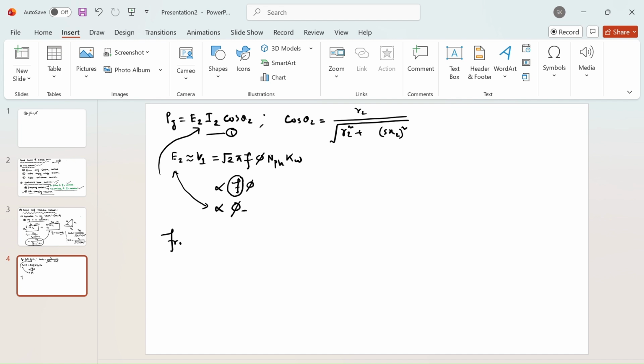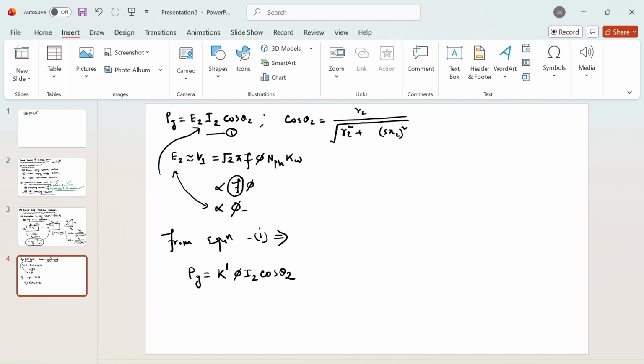So from equation 1, I'll be putting phi instead of E2. Okay, so Pg will be some maybe K prime phi I2 cos theta 2. Can I write it this way? Yes, definitely I can write it this way. And also